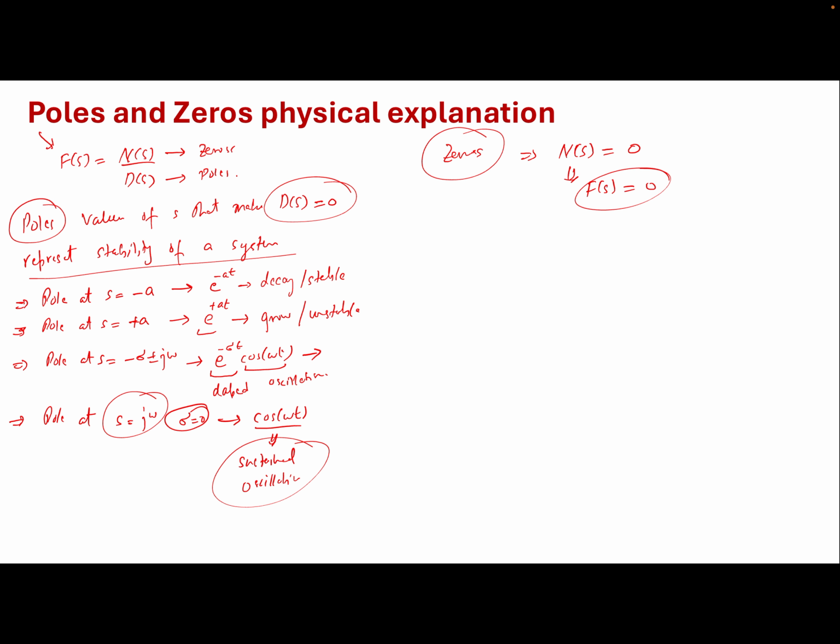And transfer function is usually your output over input, right? So for example, your y of s over x of s. And again, y of s can be your numerator over here, and x of s can be your denominator over here. And so transfer function represents the system response in terms of what is the output divided by what the input is. And practically, what we are going to realize is that